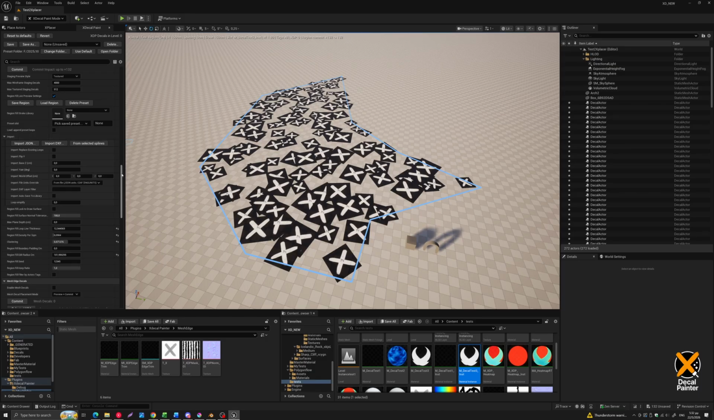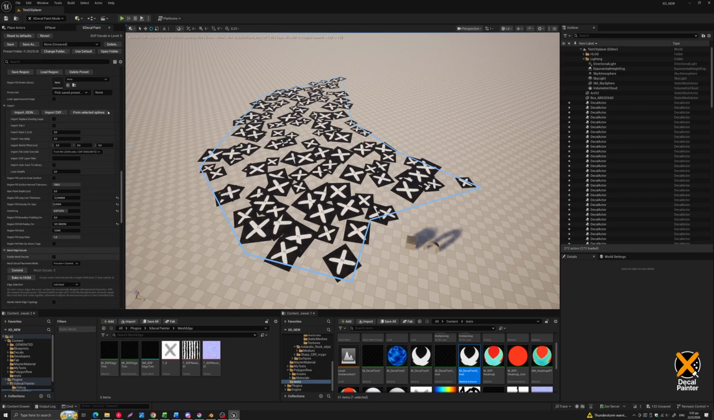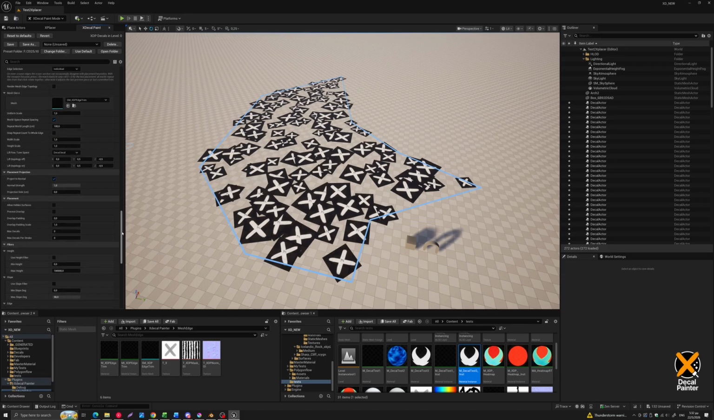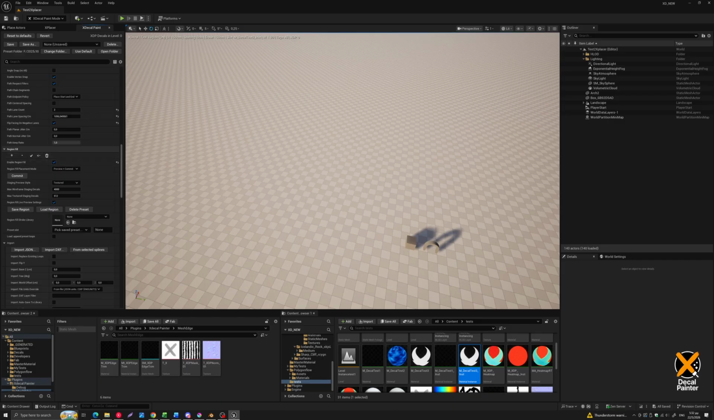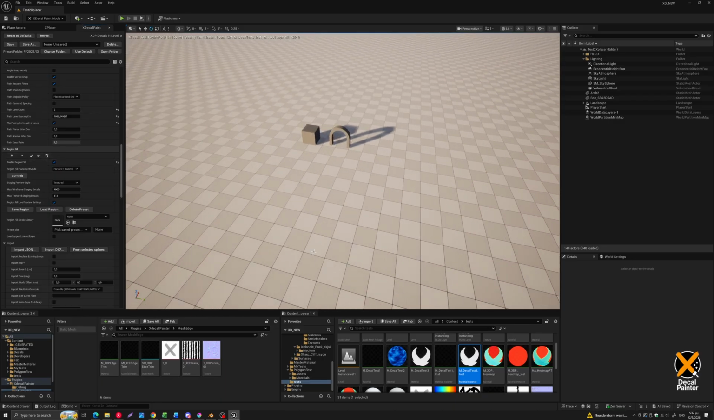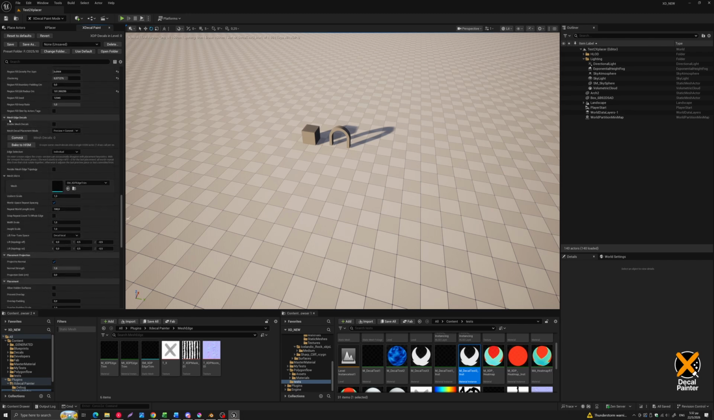What else? Let me see. I think those are the major things that I've added. There's quite a few other little things here and there, but these are the major ones, and lots of things always under the hood. So now let's move into the main part of this tutorial, which is the mesh edge